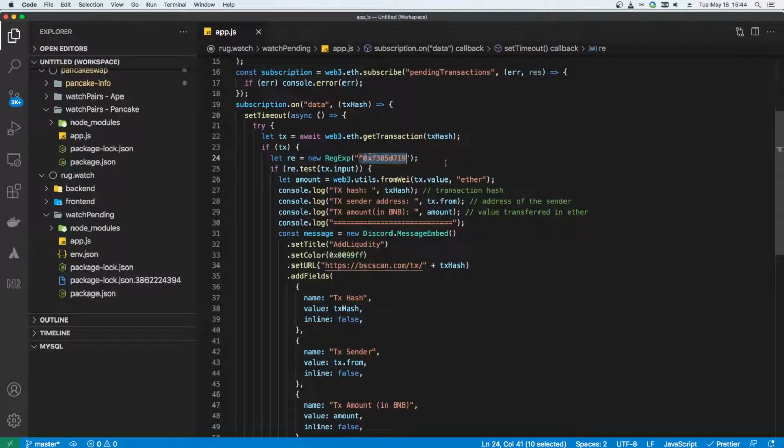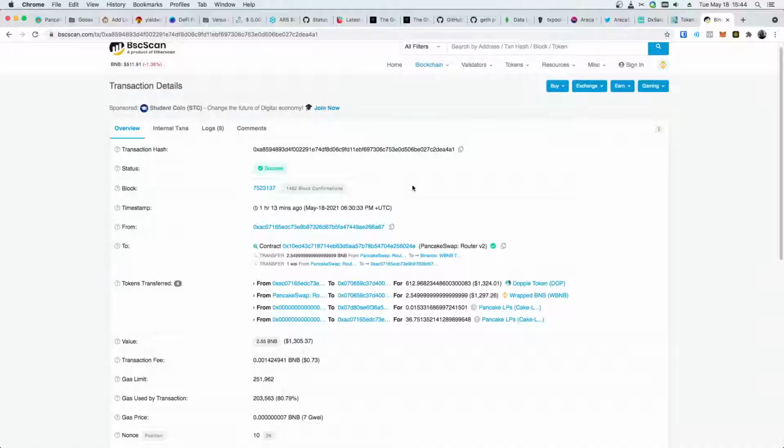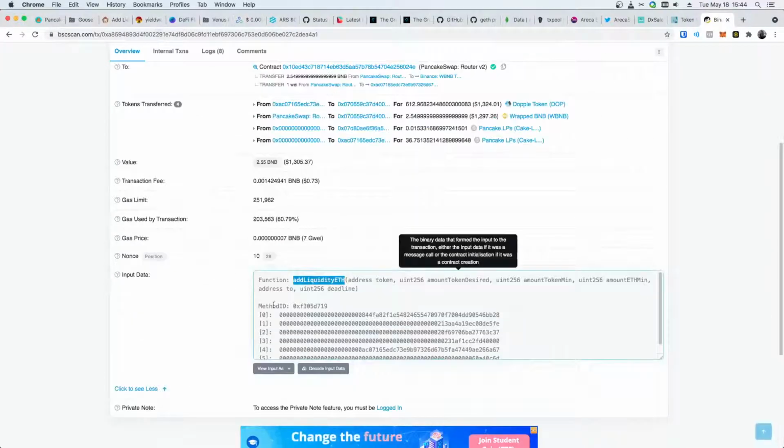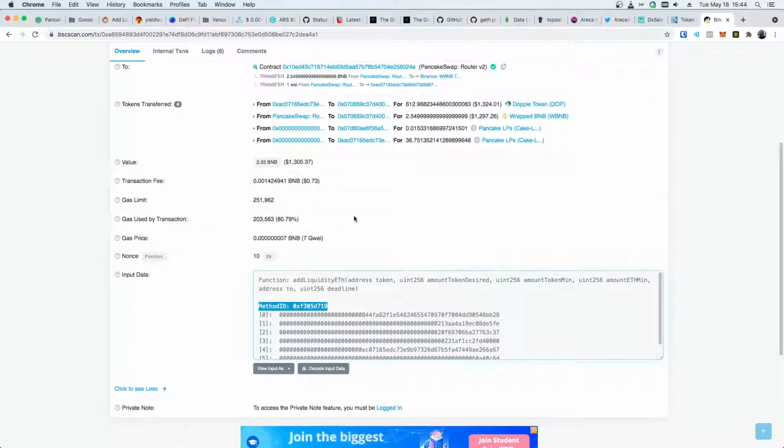So yeah, this function call here is called a regular expression, for those that aren't necessarily following. This is matching the head, or the most significant digits, the leftmost digits of the tx.input field. And if we come over here and check out the tx input field,